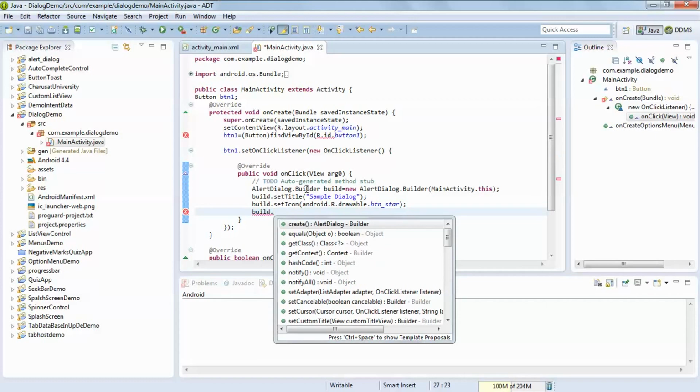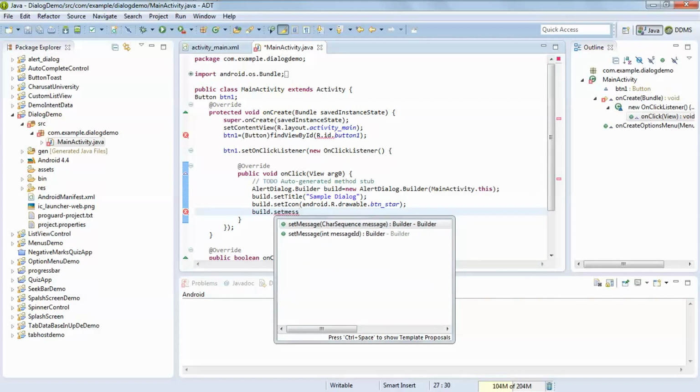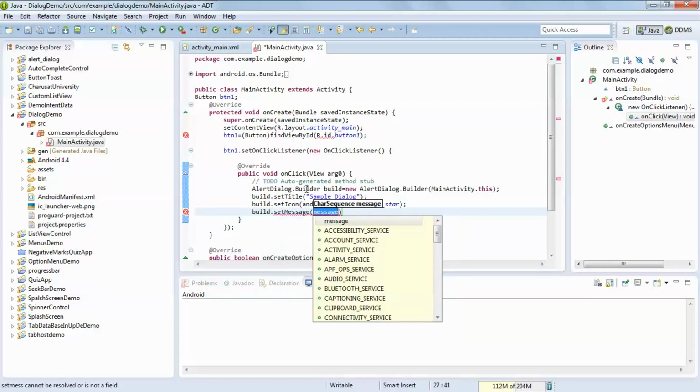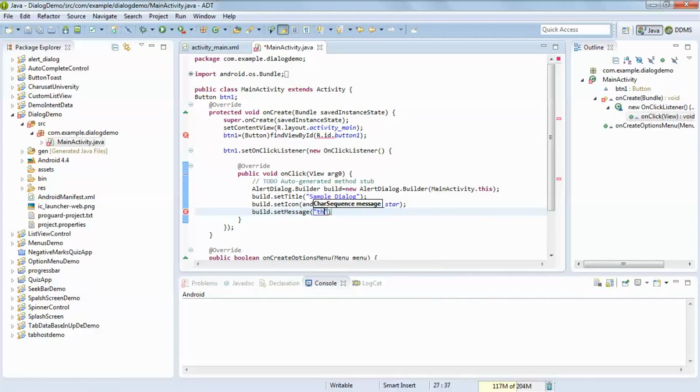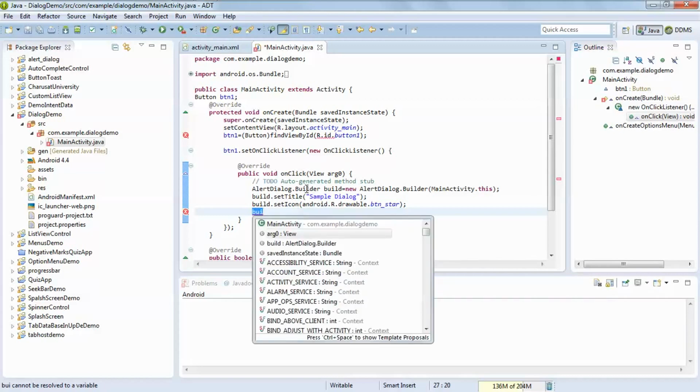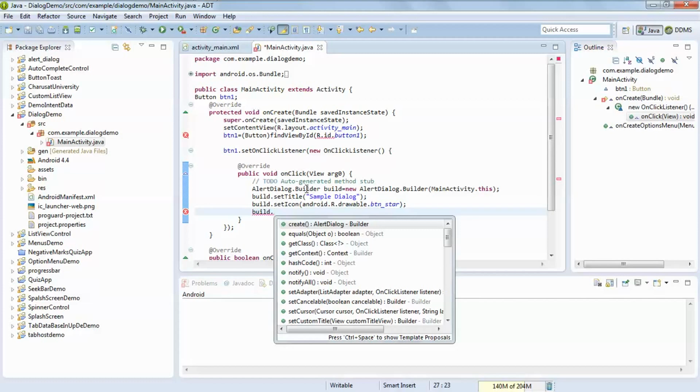Build dot set message. You can pass here, this is simple dialogue, or build dot set